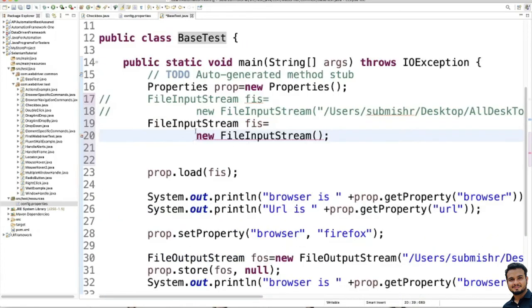So here we have written FileInputStream FIS equal to new FileInputStream. Here we should give the path of this config file, but we will not give the exact path.